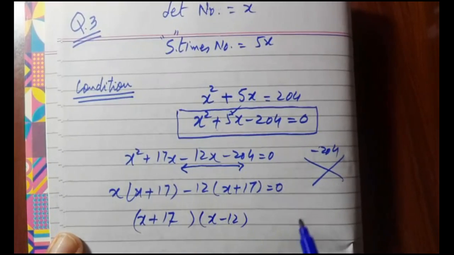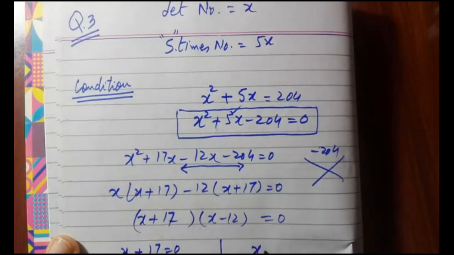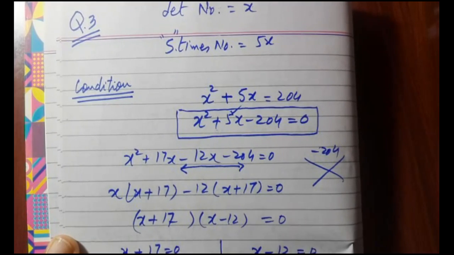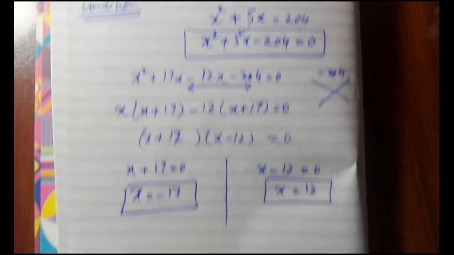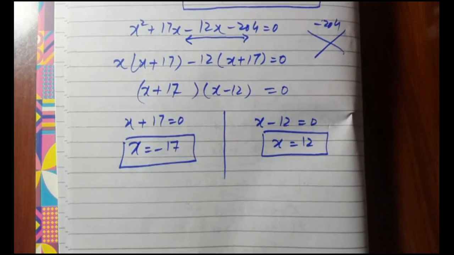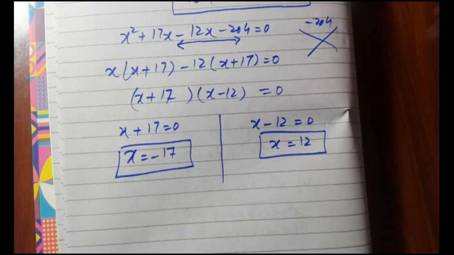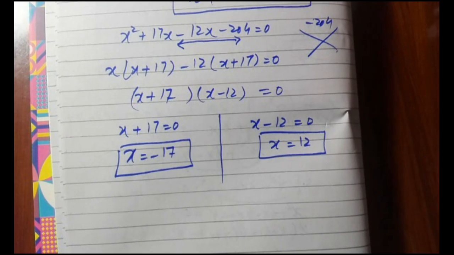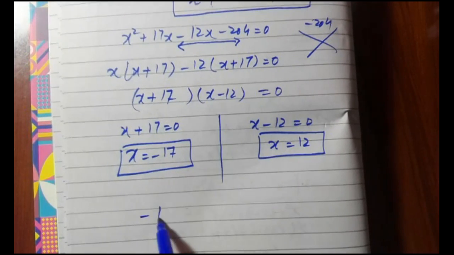You will get two answers from here: one is 12, another one is minus 17. Now you will see that in this question we will get two sets of answers. Both will be valid answers, because in this question we don't have any condition that the number should be positive. If you read the statement, it just says find the numbers. So both of these values are valid for the number we have been asked to find, so the number can be 17 or it can